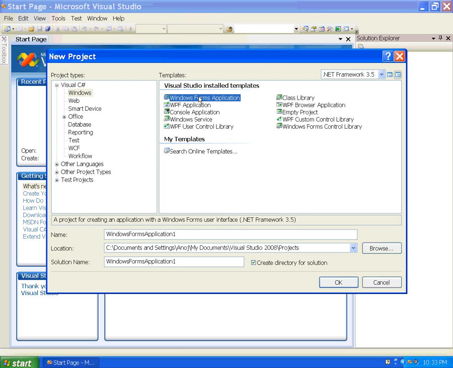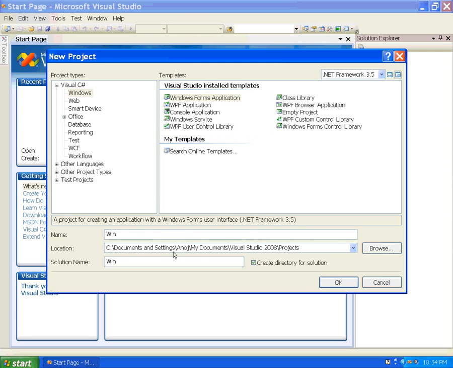Before creating a project, I want to tell you that we can develop three types of project in Visual Studio: Windows application, web application, and console application. Here we teach about Windows application. Now type the name of the project that you want to develop.